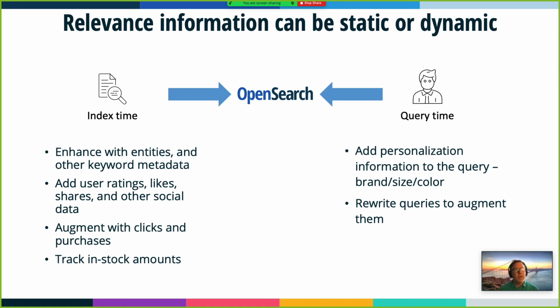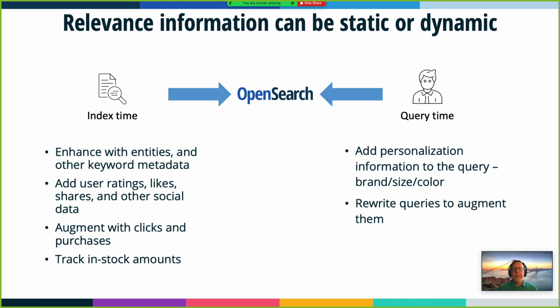You want to generally augment with clicks and purchases. So again, those signals that you have, you augment your documents, you put those signals on there, whether it's some machine learned addition to those signals or whether it's some aggregation of those signals. In some way, you want to bring those signals back to your data set. Then you have some criteria that are just really real time. Things like whether something is in stock or not. Somebody is on your e-commerce site and they want to buy something. If it's not in stock, that makes it less relevant for that moment.